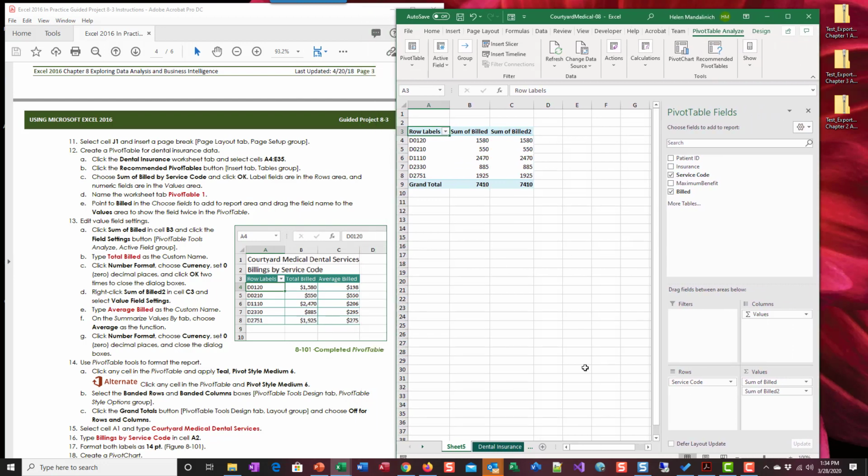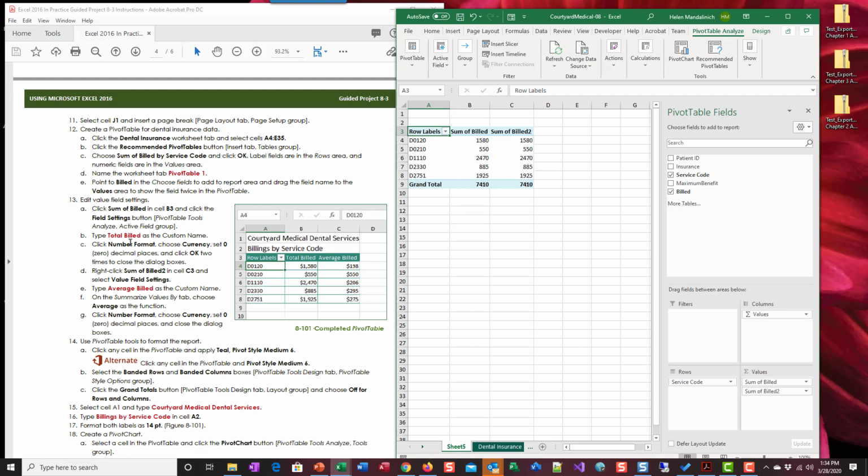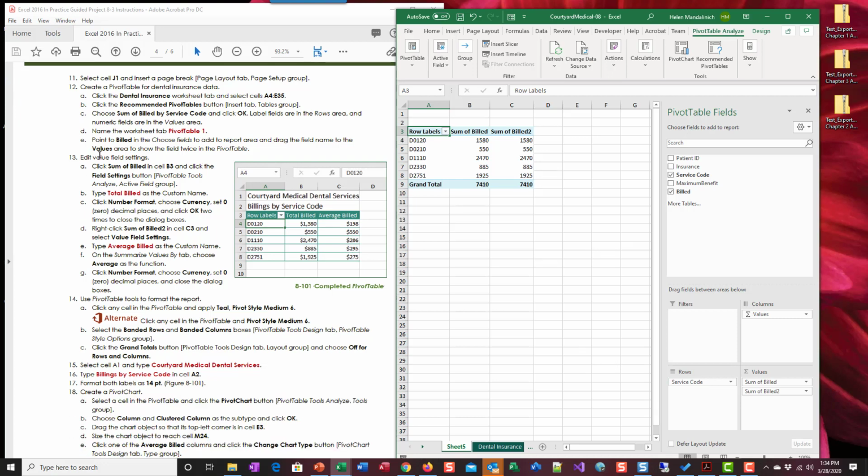That's the way it's going to be, and then we have to kind of fix it, okay? So we are right here at step number 13. This sum of billed, we're going to work with that one. That was the original one. So I want to click on that one. And when I left click on it,